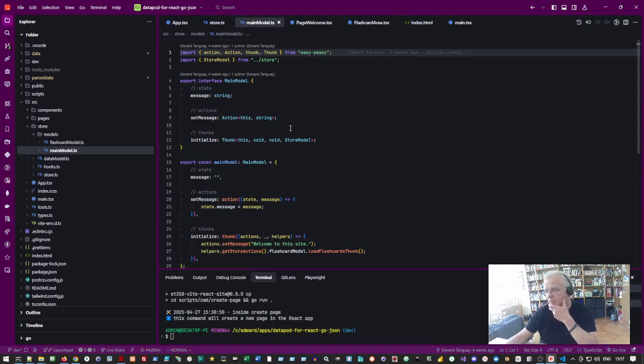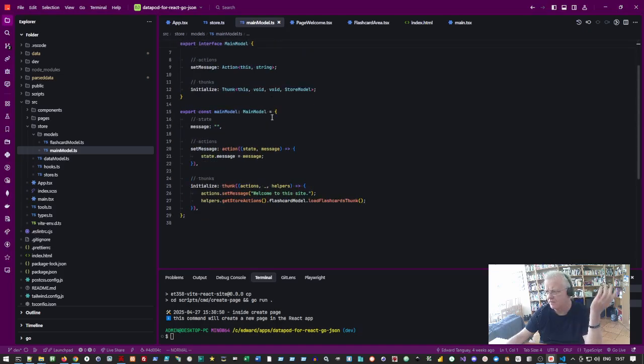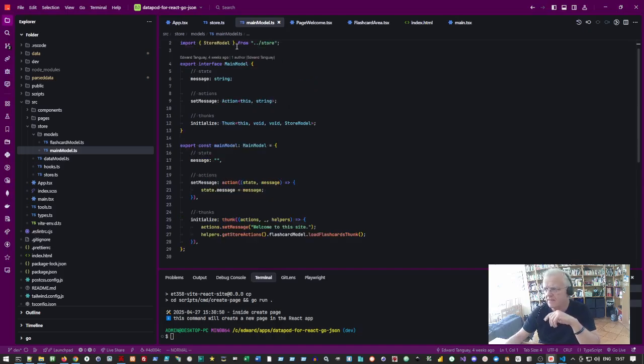It works very well. It takes a while to get around the concept of easy peasy. It's not very well documented, but once you get it going, it works very well. And basically this framework has everything working quite well. You have state, actions, and thunks, so you can just basically copy these. So anyway, what it does is the initialize